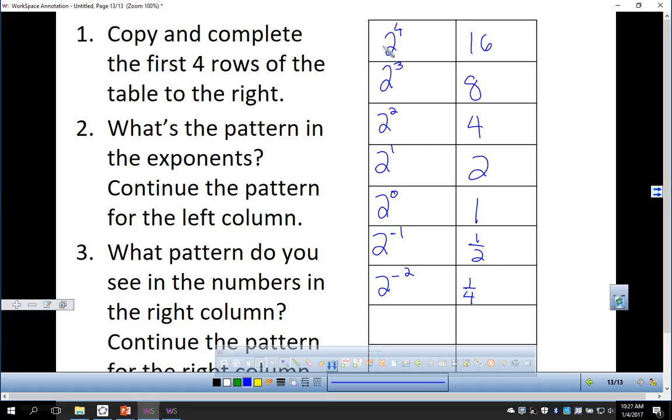1/4. Okay? So people always say, why is anything raised to the 0 equal to 1? Because it makes the math work. Also, negative exponents do not mean you get a negative number. This is equal to 1 over 2 to the 1. This is equal to 1 over 2 to the 2. So 2 to the -3 would be 1 over 2 to the